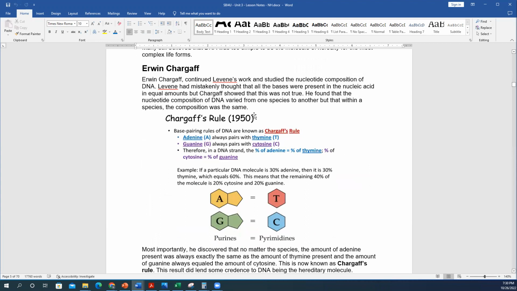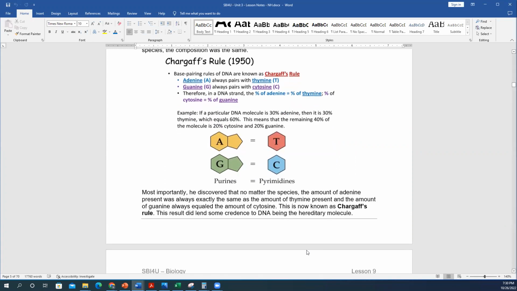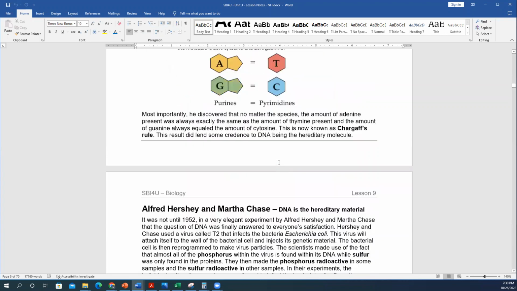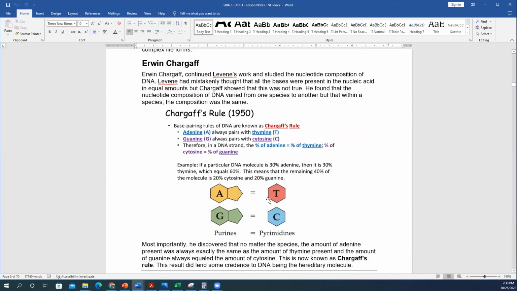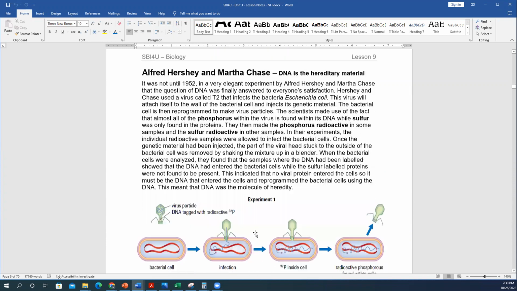We talked about Chargaff's rule and how Erwin Chargaff discovered that you had always equal amounts of A's and T's in the DNA molecule of any particular organism. And that really laid the groundwork of the base pairing rule in the model of DNA, where A always pairs up with T and G always pairs up with C. And then there was the